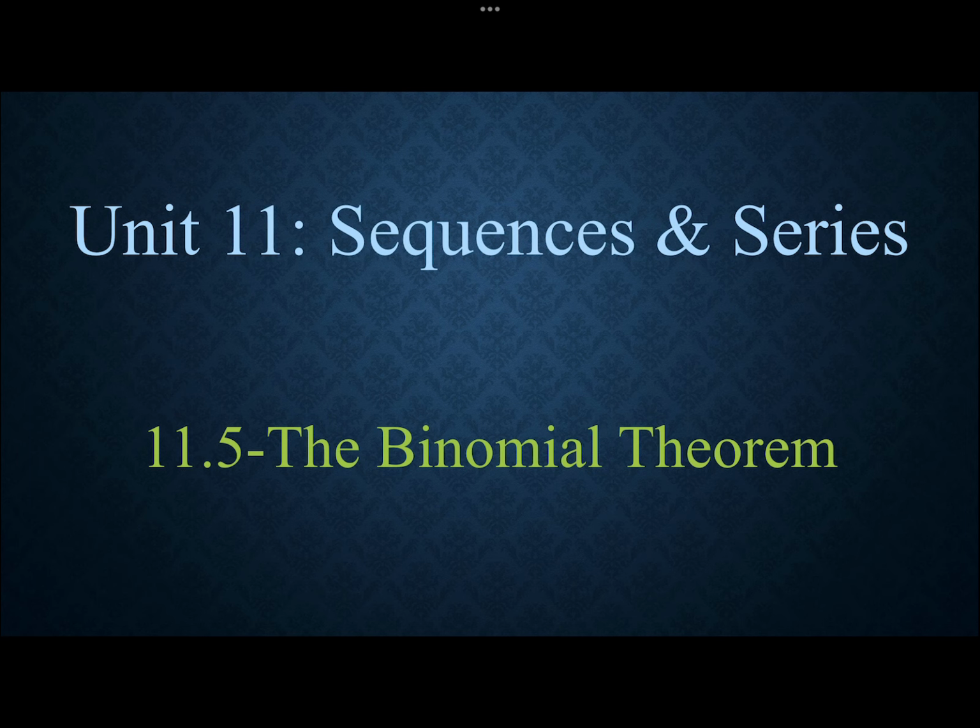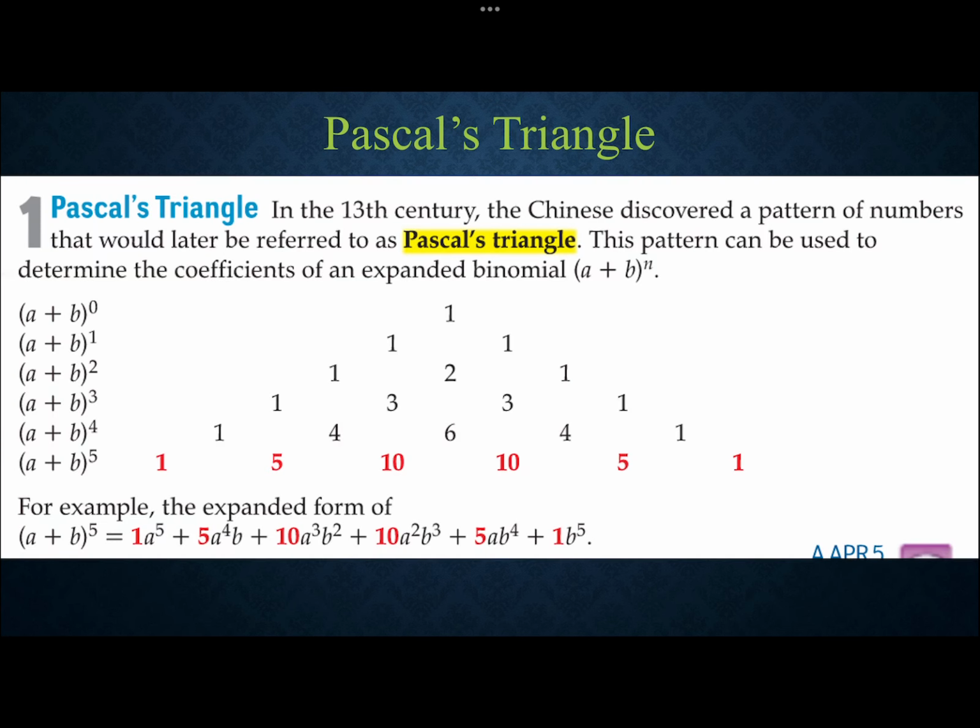Alright, welcome back. So this is 11.5, the Binomial Theorem. We're going to use this as well as another concept to expand out a binomial expression being raised to a power. So the first way we're going to do is through what's called Pascal's triangle. So this is a pattern that we can use to determine the coefficients of the expanded a plus b to the nth power expression. Where the top row is just simply a 1 because anything raised to the 0 power